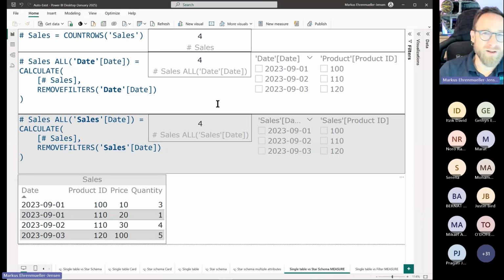So there is an optimization in Power BI called auto exist. The sole purpose of this is to have